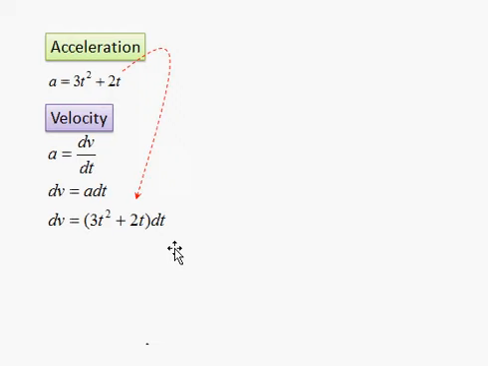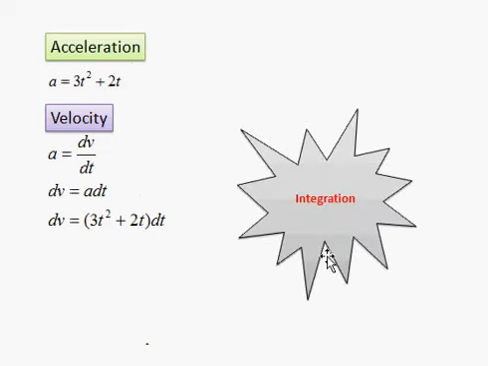And then introducing the acceleration equation in place of A, we get the equation like this. Now two possibilities arise to get the equation for velocity. Either we need to go for differentiation or we need to go for integration. We don't have any V term here to differentiate this. So let us move to the integration part, so that when we integrate this, we get directly V, that's velocity. So the integration possibility is the only answer here in order to find the velocity equation.